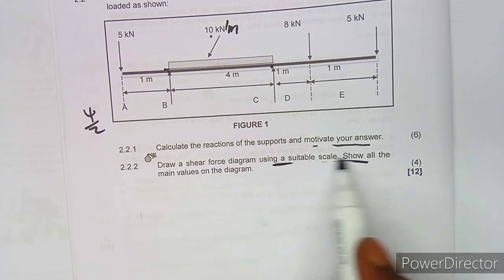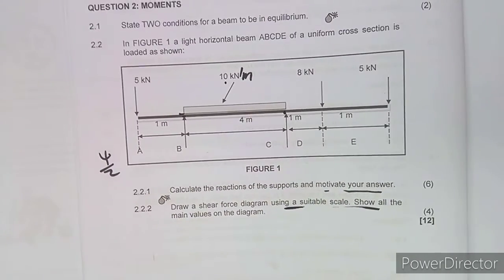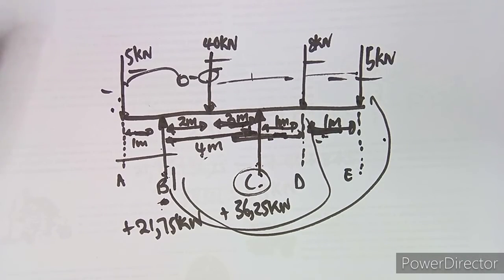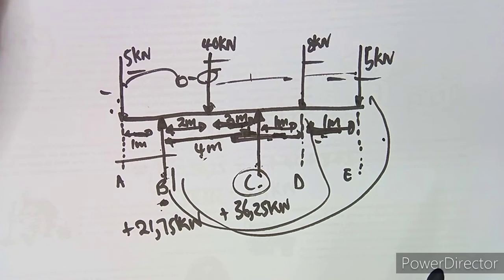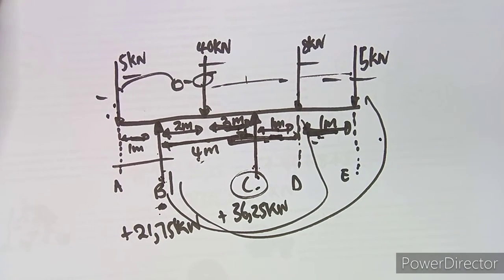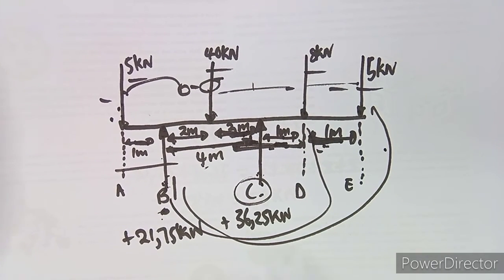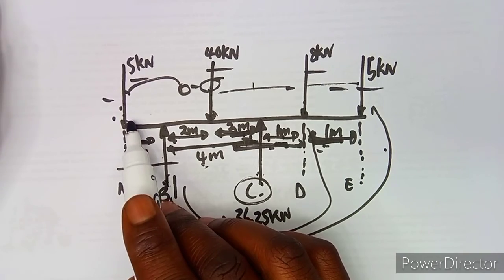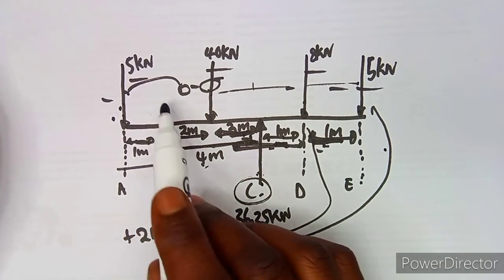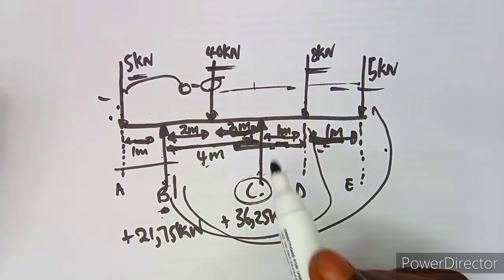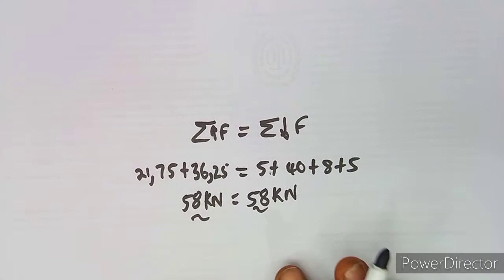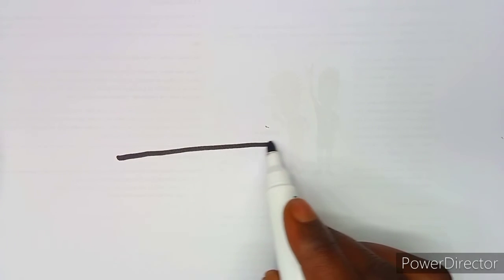So when you're asked to use a suitable scale, you can actually refer to 1 centimeter representing 5 kilonewtons, or you can just represent 1 millimeter representing 1 kilonewton. So what you're actually doing is simply representing these forces, guys. There's nothing much about this part of the scale that they're talking about. What you simply need is to do this in a proper manner. Okay, so what are you going to have? Remember, there's